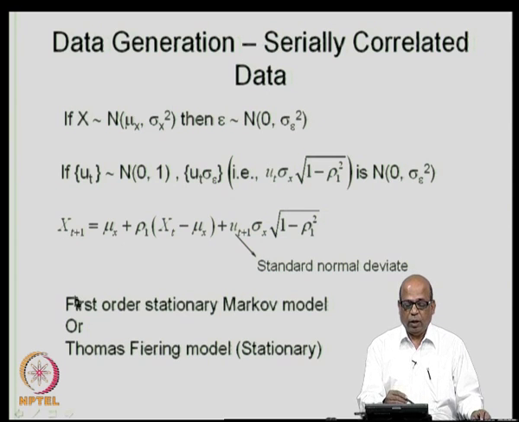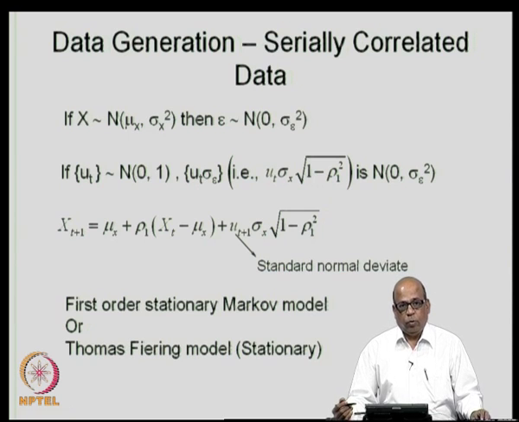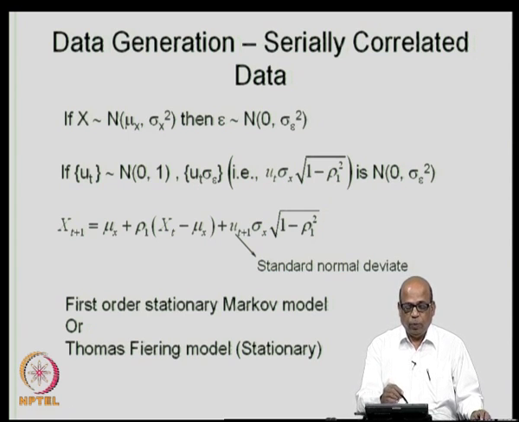From x 2 you generate x 3. So, here it becomes x 2, the value that has just been generated, and every time you change x t as well as the standard normal deviate, while all other terms remain the same. You generate the next value and so on. Because you started the process by assuming a certain value for x t, when you generate a fairly long sequence of numbers, discard the first few values to do away with the effect of the initial value that you assumed, and use the remaining values.